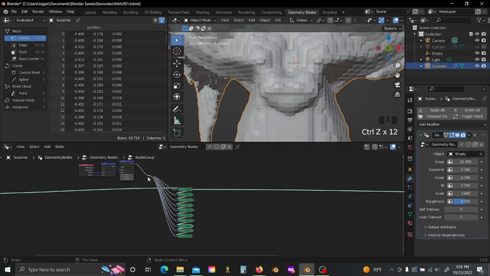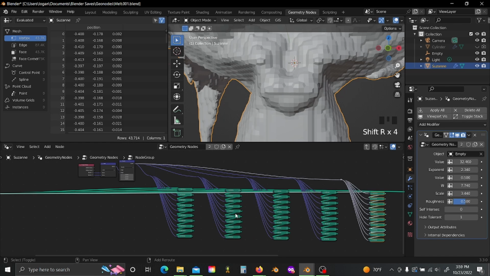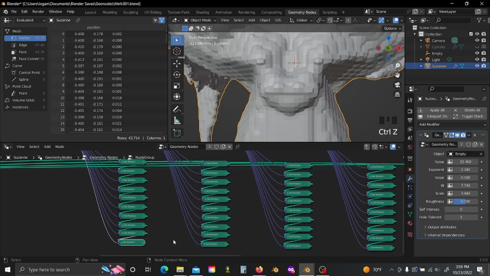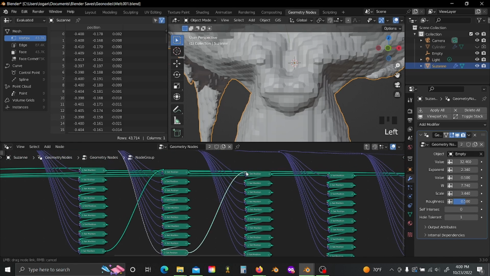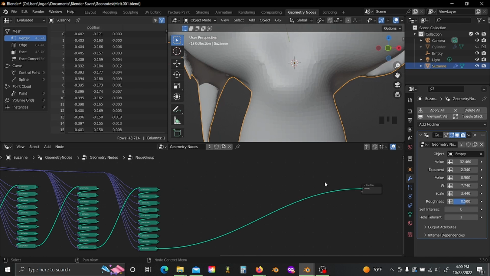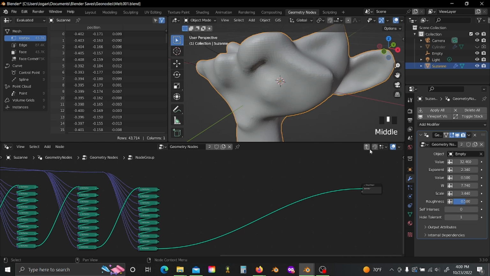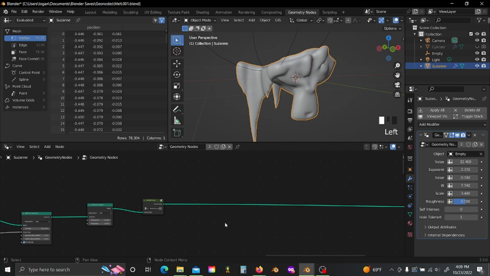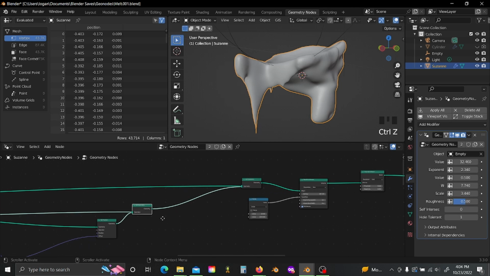Highlight all of this, including this little juncture here, and press Control Shift D, slide it over, then Shift R to repeat, and just plug these geometry outputs into the appropriate inputs. Now I'm just going to come down here and grab our last set position output and plug that into the geometry output. And as you can see, it has been smoothened out. And hop back out. And what I'm going to do is come over here, and after this first join geometry,